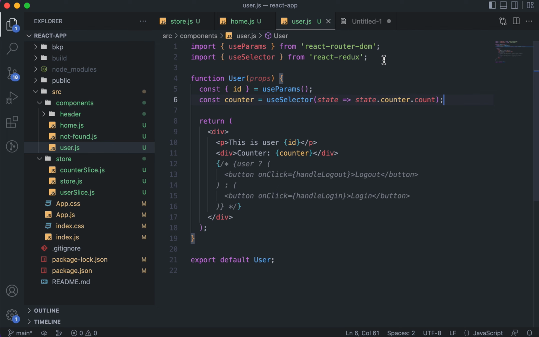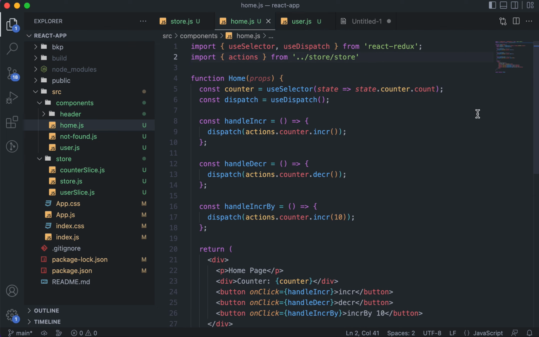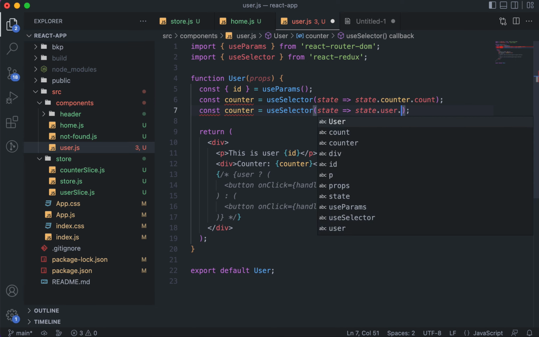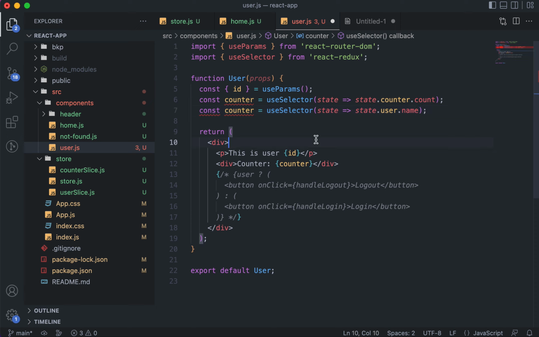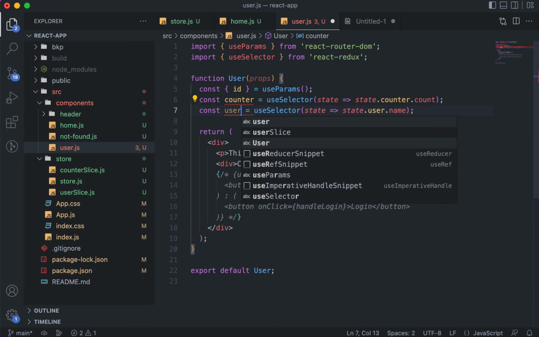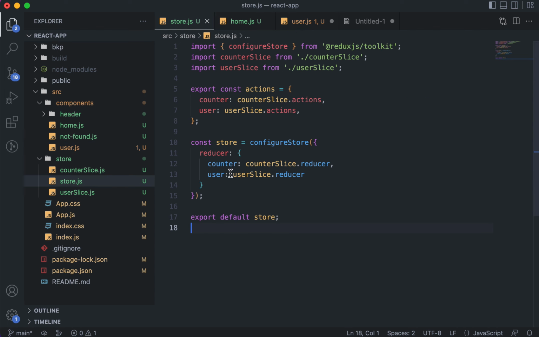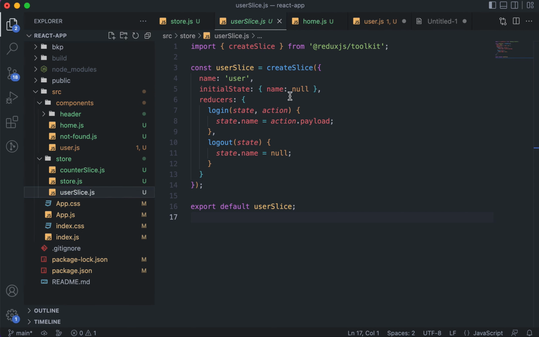So for that, like we were selecting counter, here we will be selecting user. So state.user.name. And here we can call it user. You can call it user name also, but I'm just calling it user. So what is this? I'm taking the state.user reducer, which corresponds to the user slice, and in this user slice I have a piece of data called name, and that name data I'm